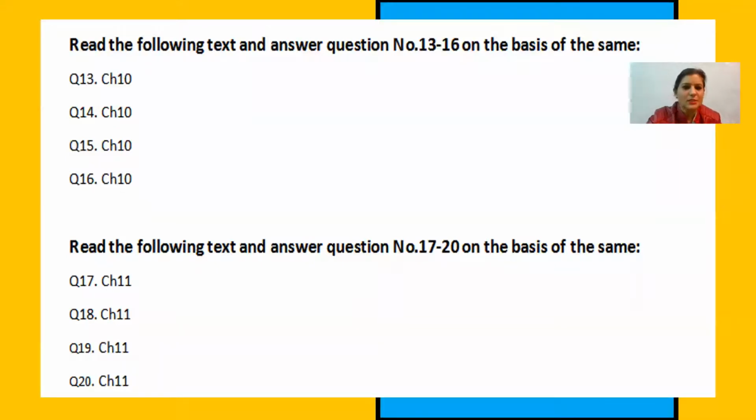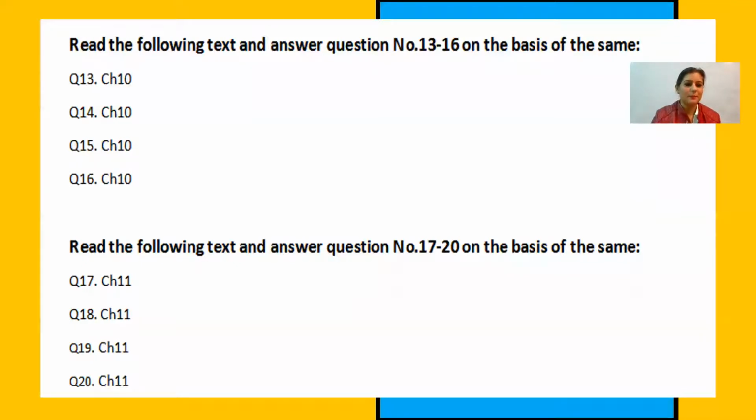Question numbering may be changed in CBSE. Do not expect that the same question number will be there. They may ask it in question number 9 to 13 or 13 to 15, depends. But this is a hint from CBSE that they can put a case study in 1 markers also. Another questions 17 to 20, depending on 1 case study. There will be a paragraph, 1 case study, and on the basis of this case study, 4 1 markers will be there. All are MCQs according to the CBSE sample paper.